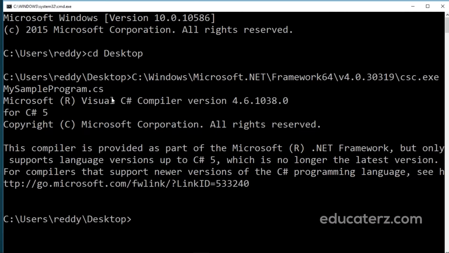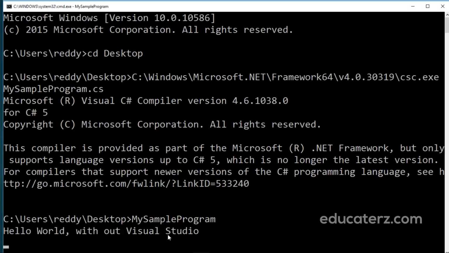Then hit enter. This will get compiled. Now in order to see the output, again give your file name. This time you don't need to give any extension. That's enough. You just hit enter. Now you can see Hello world without Visual Studio.